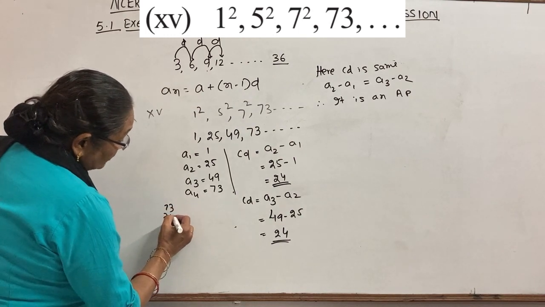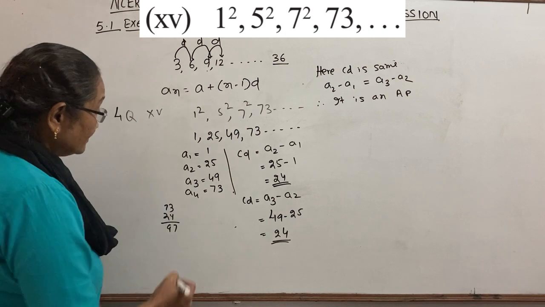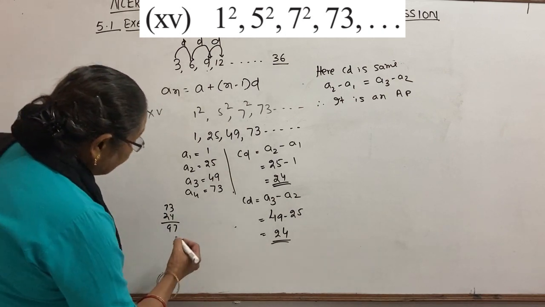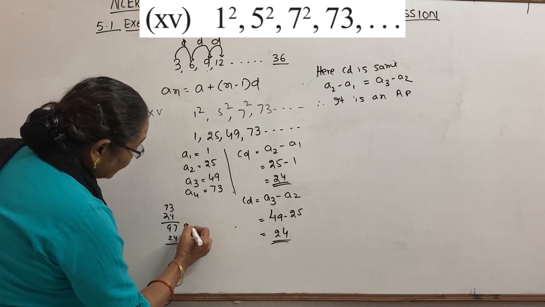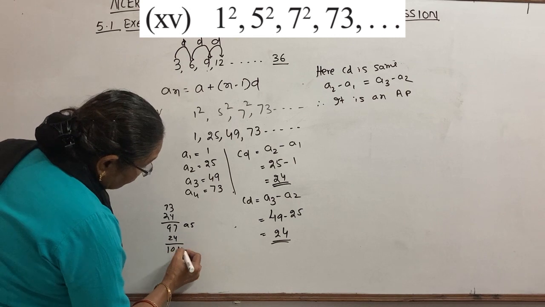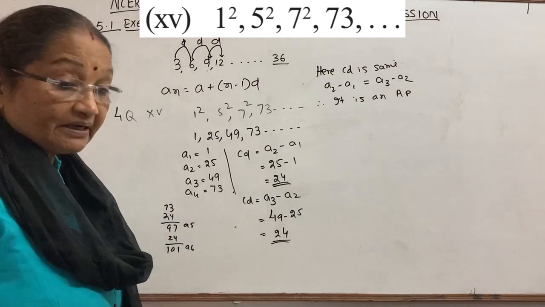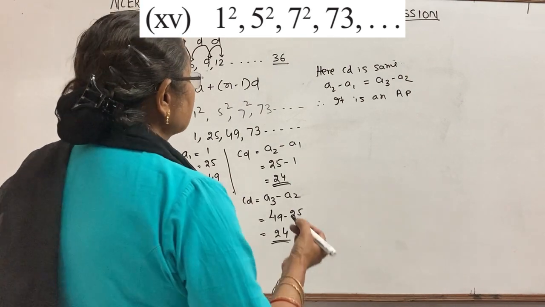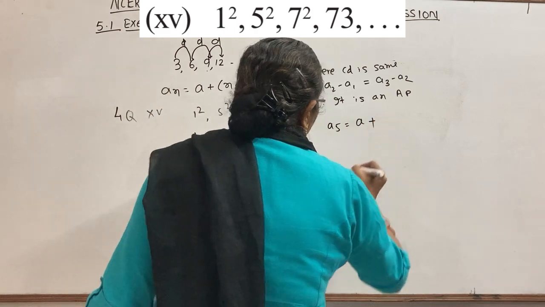73 plus 24, 7 and 9, okay. So 24, you add this number, again the next number, again you add like that. 7, then this is the 5th number, A5, then 7, 11, 102, 101, that is A6, like that it will come. But if it is a 2 mark sum or 3 mark sum, we have to find out. A5 equals, write down A.